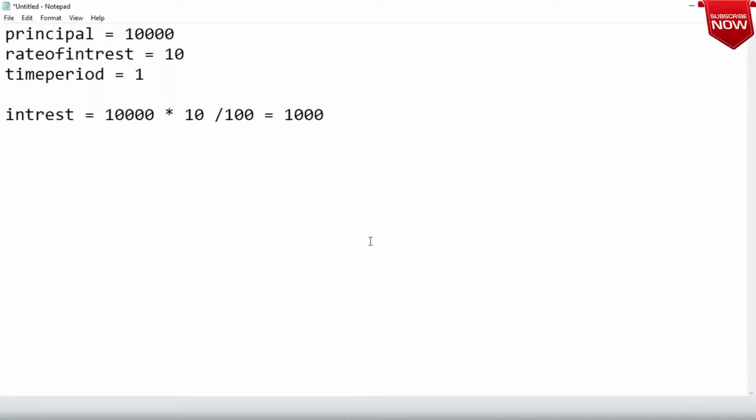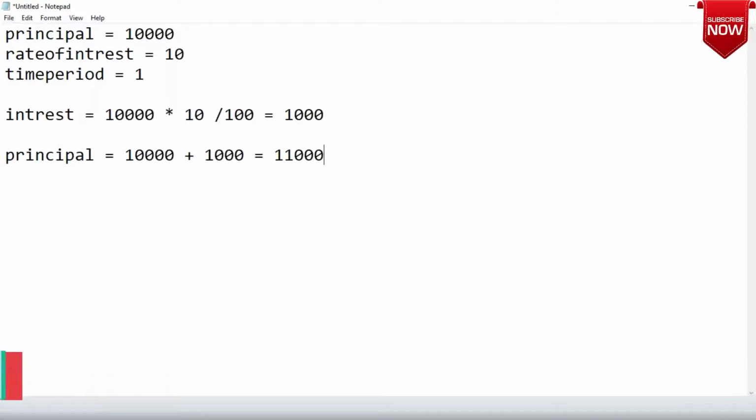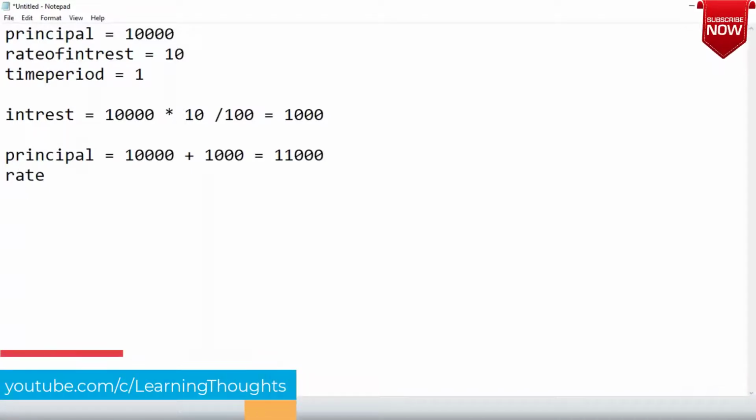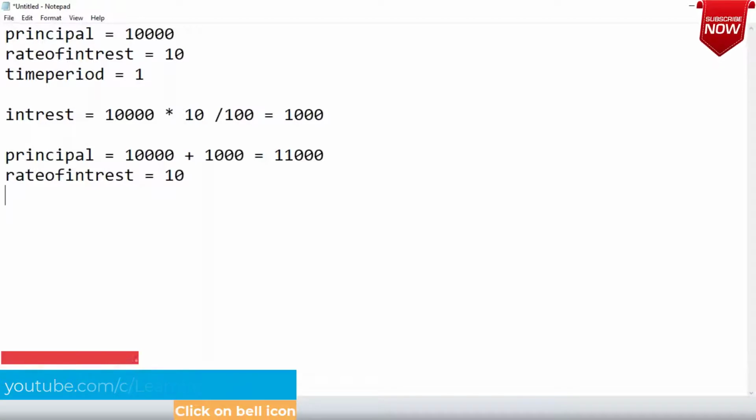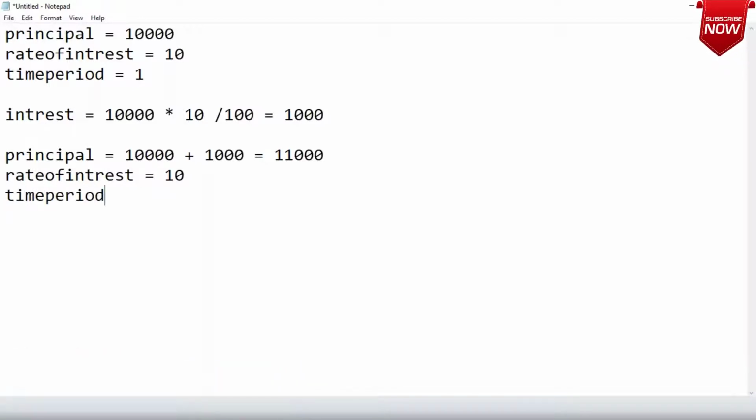Next year, my principal was 10,000 and I gained 1000 from the interest, so my principal becomes 11,000. Now I give this 11,000 at the rate of interest, which is 10, for a time period of 1 year again.